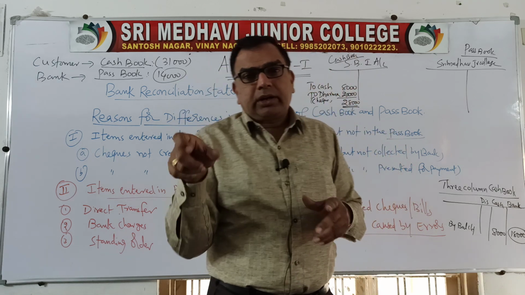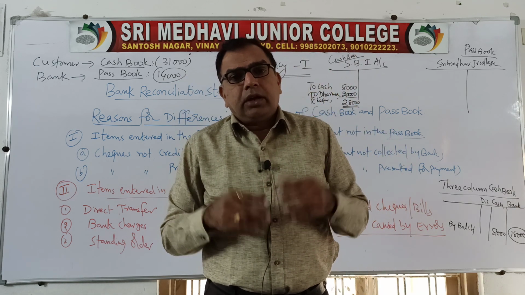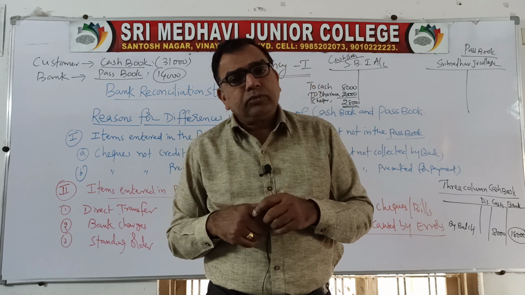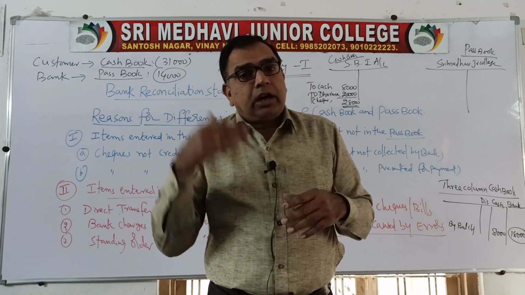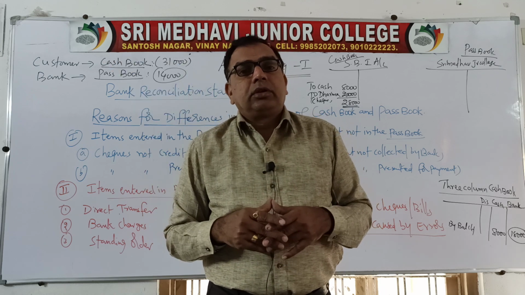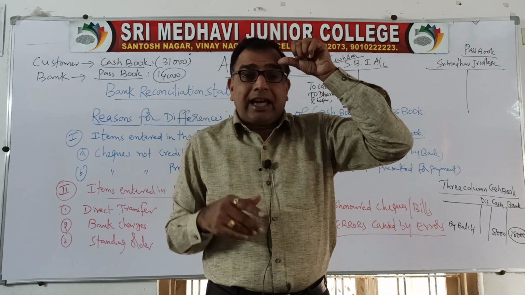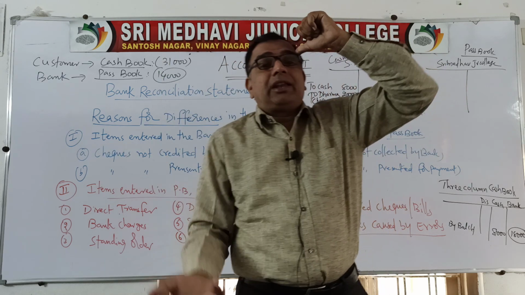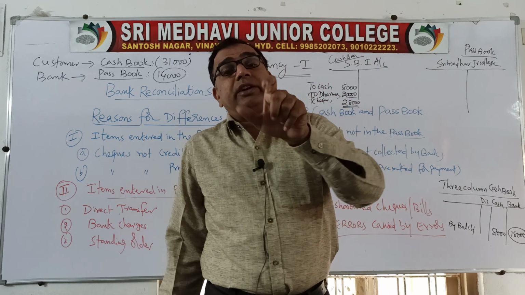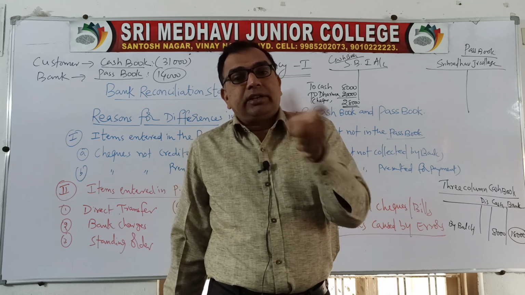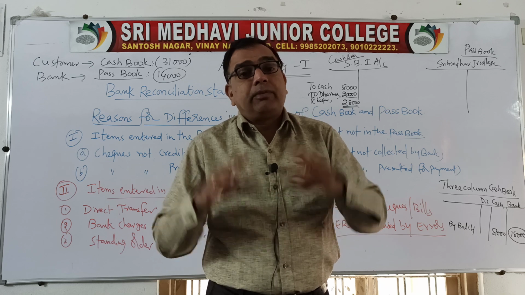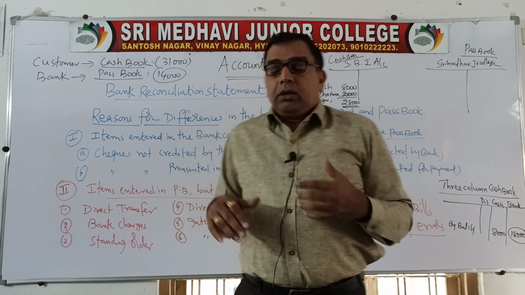When you are recording the transactions of a student, we say that 10,000 rupees is due from the student. The student says that I am due only 8,000. So what is happening here? As per college records, the balance is more. As per the student records, the balance is less. It is called a disagreement. Disagreement means not matching. If both are the same, there is no problem. There will be no dispute at all.